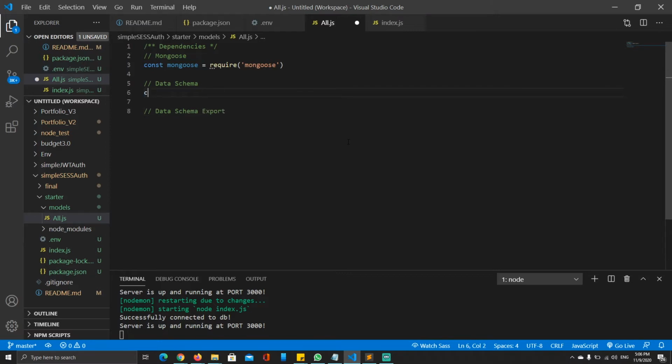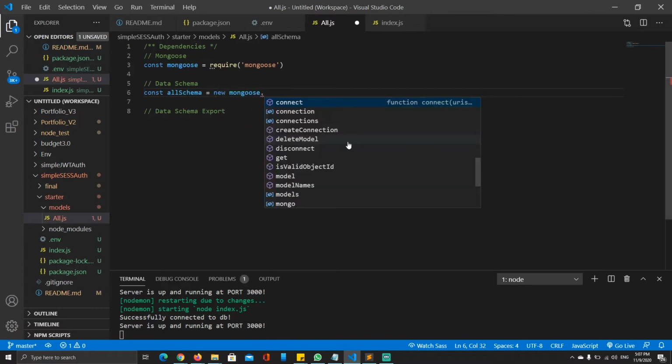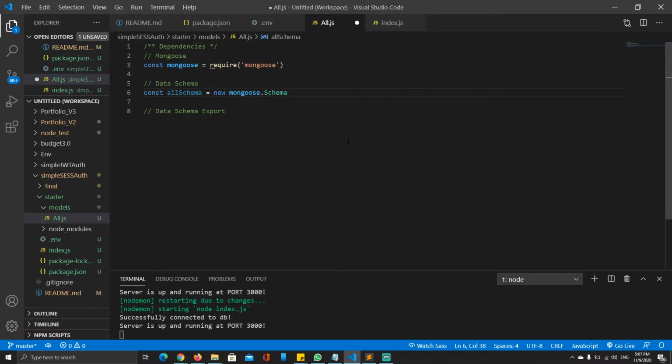Our data schema is going to be very simple. We're going to name it all schema equal to new mongoose.schema, where inside of here we're going to create